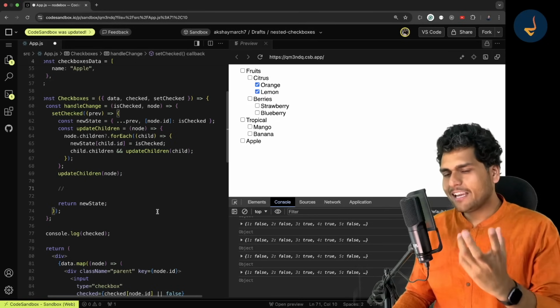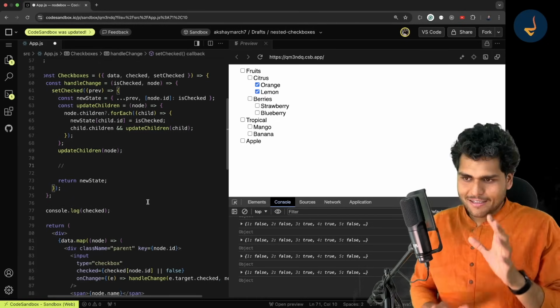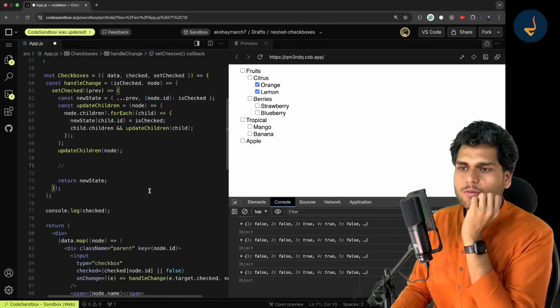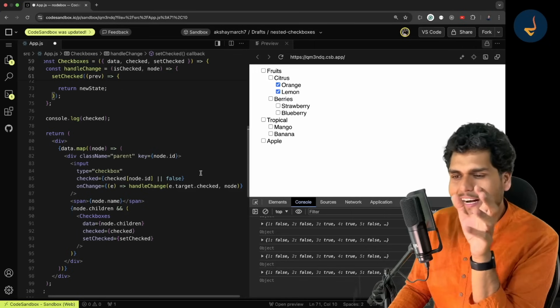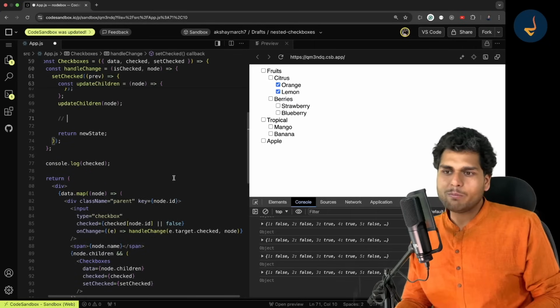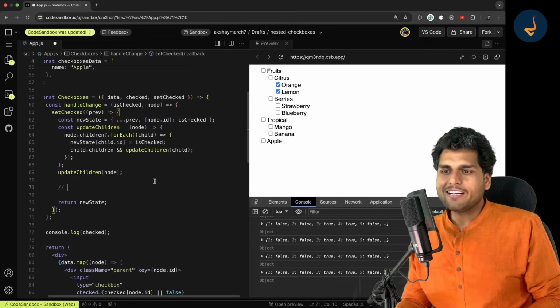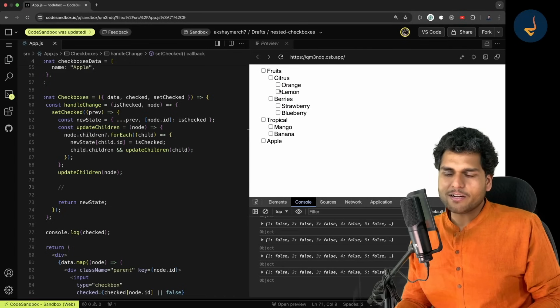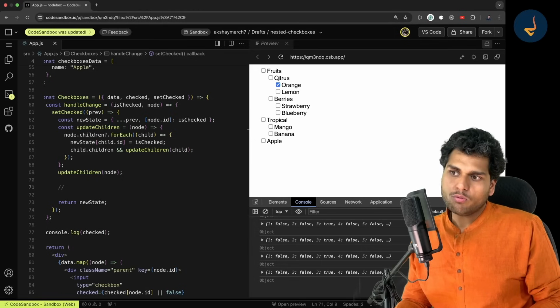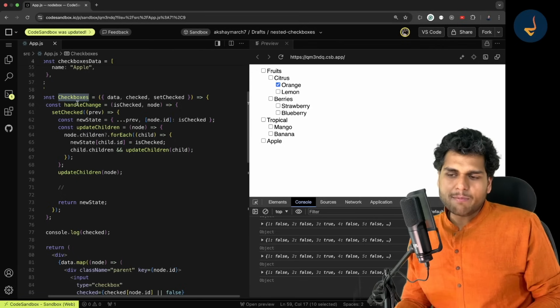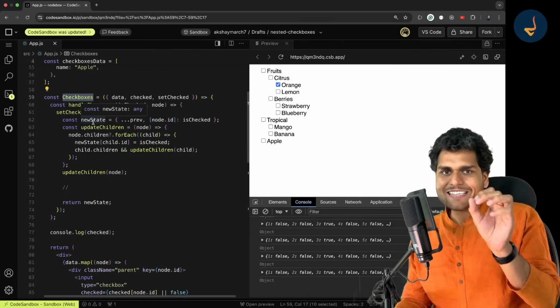A hacky solution is coming to my head, but let me take a moment and think about it once. So how will we do that? Seriously, sometimes this is a little tricky for me as well. So updating the children was straightforward. But suppose I'm checking the orange. So how would I know whether the lemon is